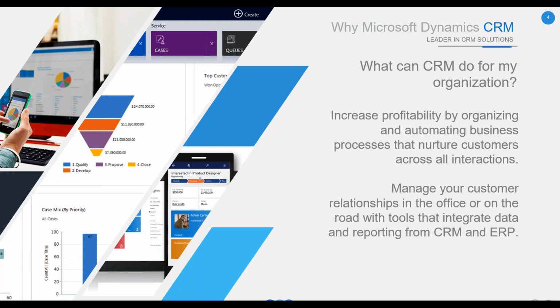Let's start with CRM. CRM stands for, obviously, customer relationship management, but CRM as it exists today, most CRM platforms really do a lot more than just the standard customer relationship management functions. Dynamics CRM is such a very, very deep and broad platform that it allows for out-of-the-box functionality with sales and marketing, customer service, and now with the spring wave that's coming out, actually just launched live this week,